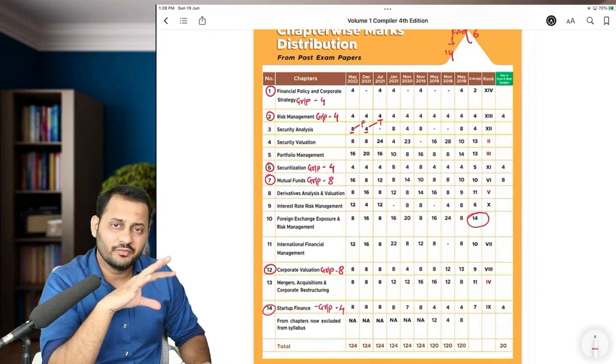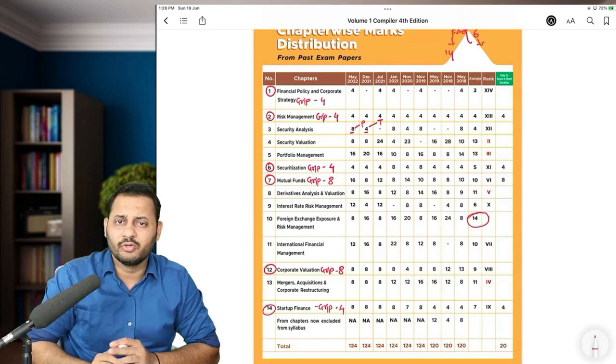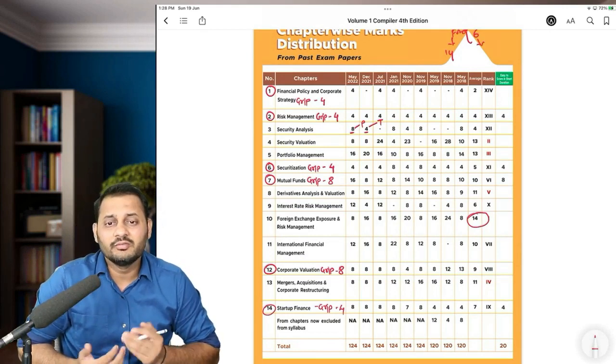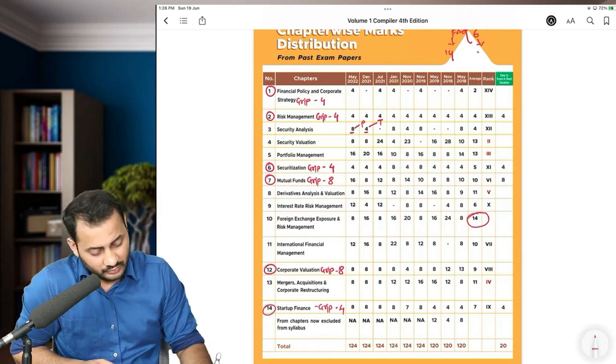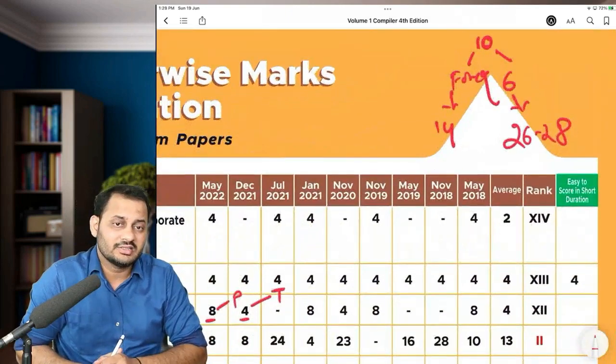Let's say out of 32, I can skip 4 marks, because there will be some optional question where you will be leaving one of these chapters. So at least 26 to 28 marks of questions can be covered